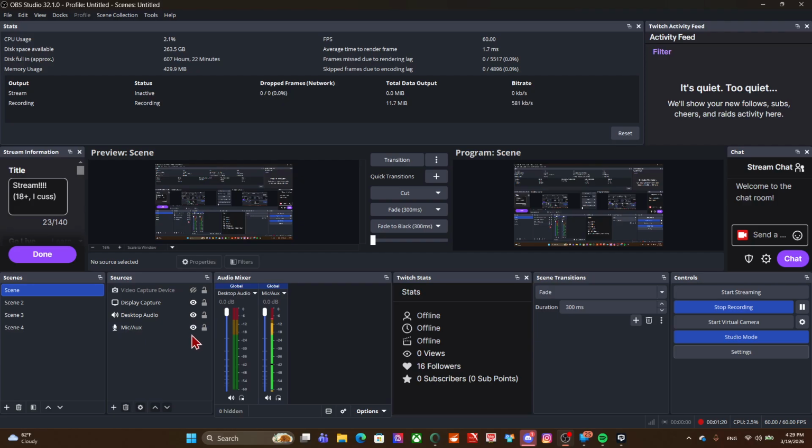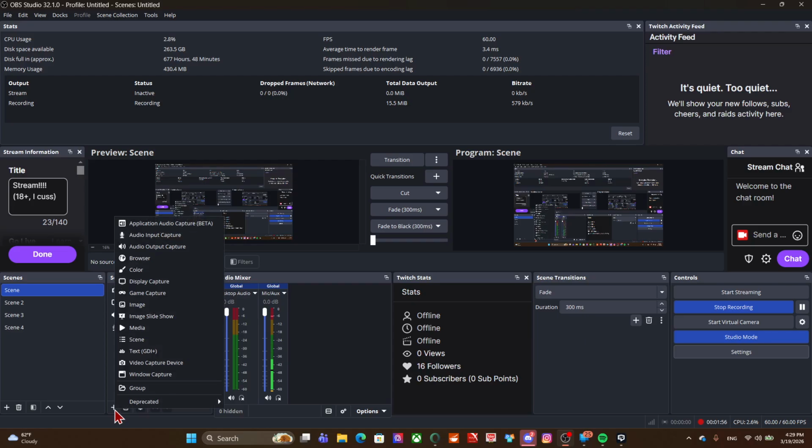So, with this, say I didn't have any of these sources already set up. How would I go about creating the sources that are in my scene? Well, that's very simple. You see, in this Sources tab, you would just go down here to this little handy dandy plus sign, and it says add source,